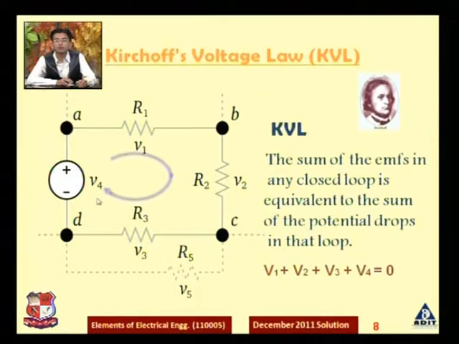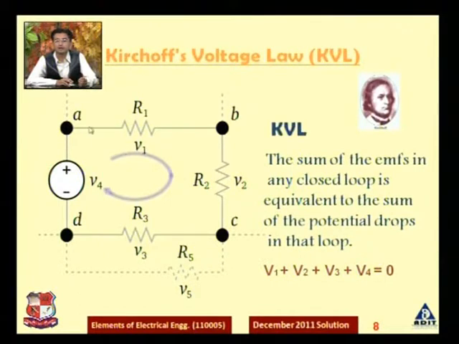As you know, if I want to measure the voltage across R1, then what do I need to do? I simply connect a voltmeter in parallel with R1. The same way for R2 and R3. So I can say that V1 is the voltage drop across resistance R1. In the same way, V2 is the voltage drop across R2, right? If I want to find V1, then as per Ohm's law I can write V1 as I1 into R1. So the voltage drop is directly proportional to the current and the resistance value.